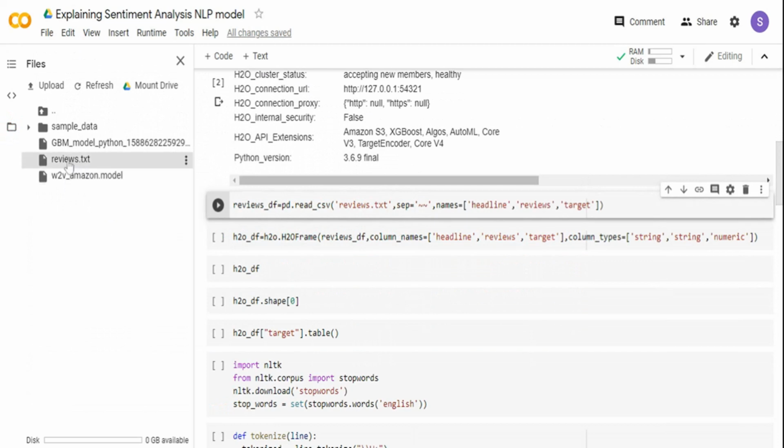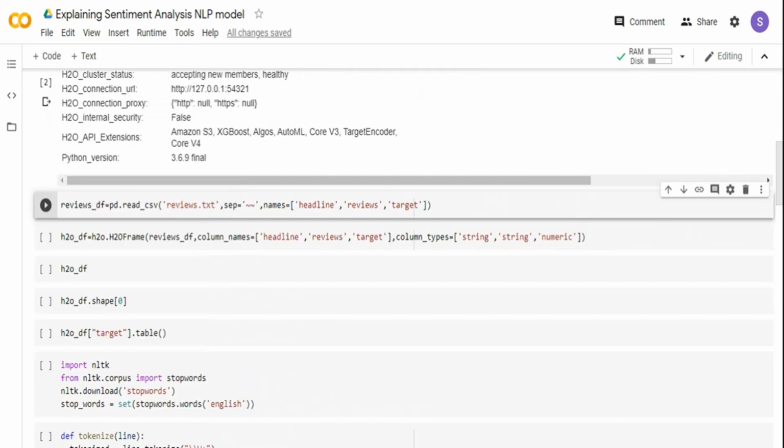If you see over here, I have uploaded three different data sets. The first data set is reviews.txt, which is again Amazon product reviews, but it is not seen by the model yet. I have the GBM model that I have saved. In the previous video, I created the GBM model and saved it. I also have a word to vector model that takes the input words and converts them into a numeric representation. I had the word to vector model created last time, and I have that model also saved. I'm going to use these two models to create the output from my test data set, that is reviews.txt, and then use that to predict as well as explain the model, right?